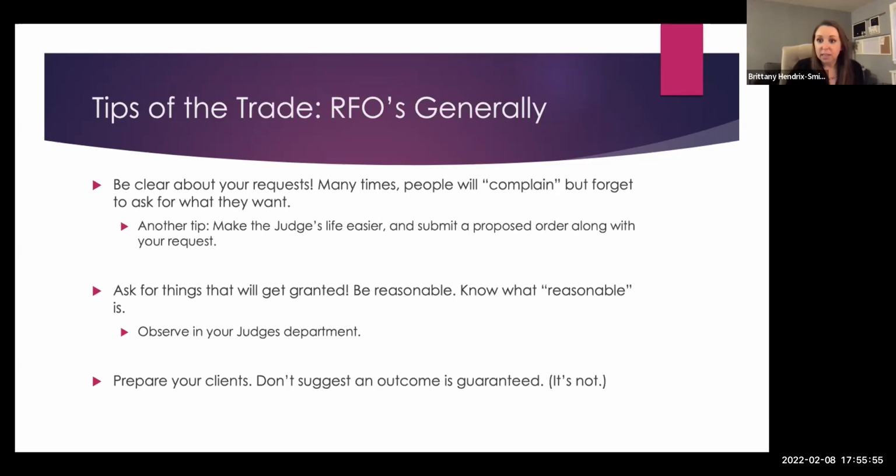So I do try and talk to them about how judges are making decisions and why they might make the decisions they make. It's an extremely subjective field. I'm talking about custody a lot, which is kind of funny because I actually like the financial aspect more, but it's definitely